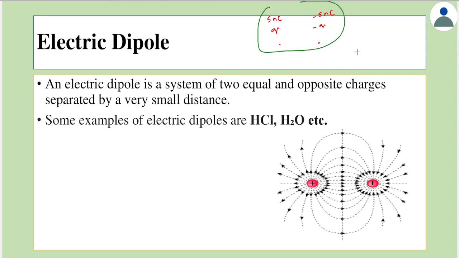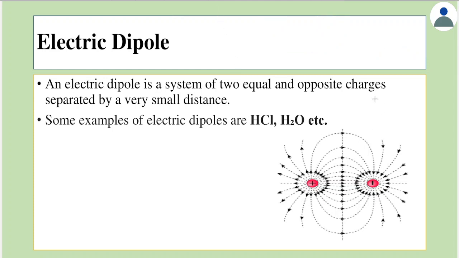That is because we learned in the first lecture that charges add up as scalars. The net charge here, we call it Q net, is equal to the sum of these two charges, which is plus Q minus Q, that is equal to 0. So for a dipole, the net charge is 0.